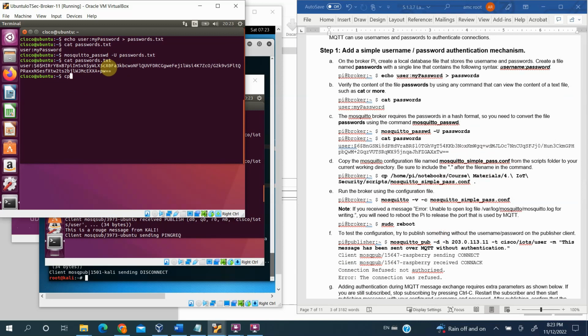So we'll do cp, from this particular directory, down in the Downloads/scripts, mosquitto simple.conf, to our current directory. Okay. Next,